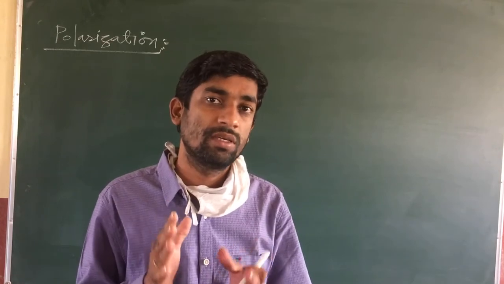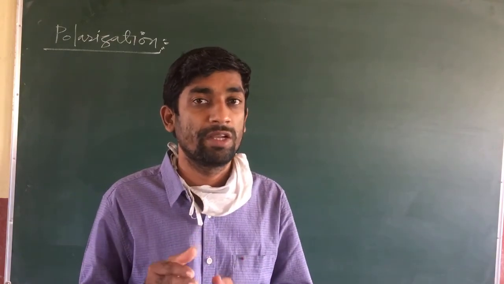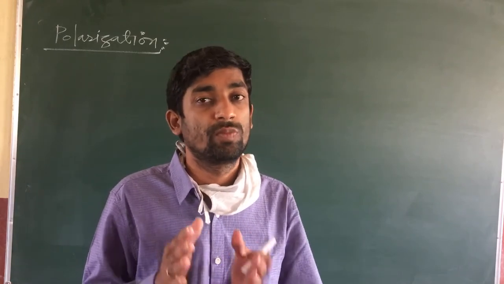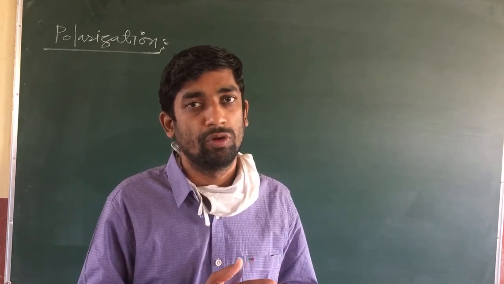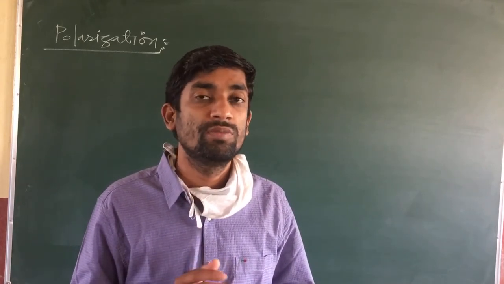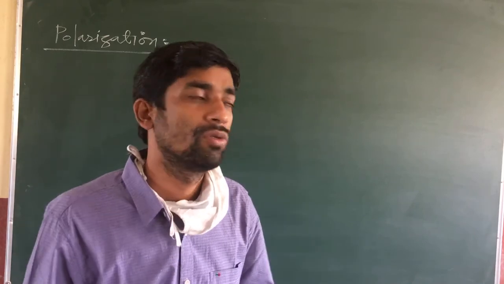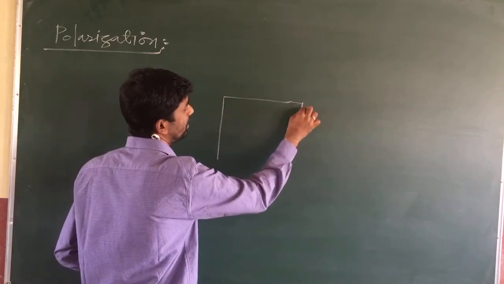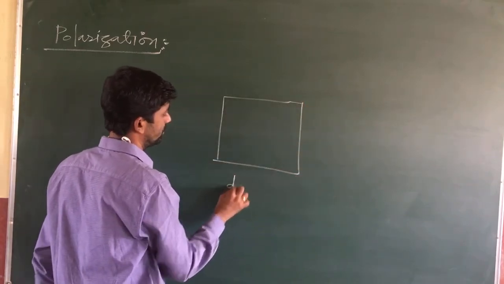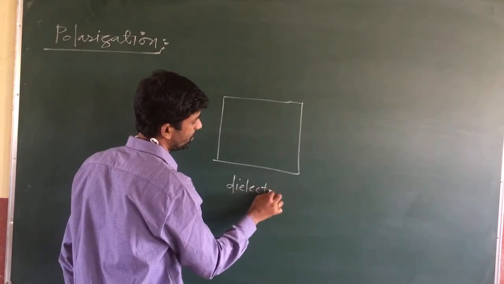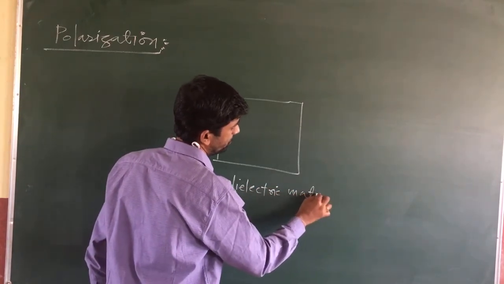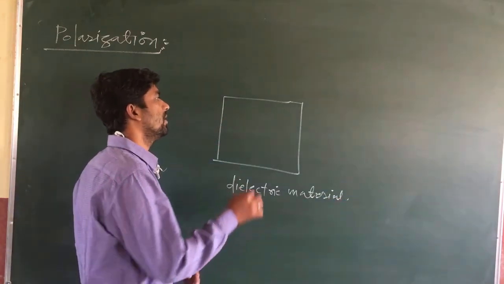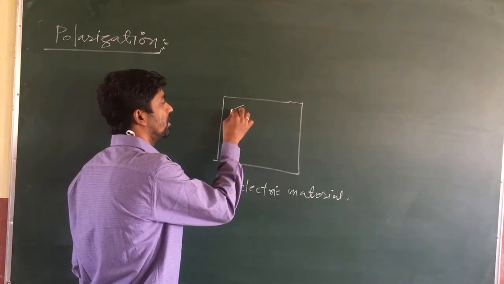And this dielectric material can get polarized also. In that concern we have learned about polar molecules and non-polar molecules. So first of all, what is meant by polarization? What is a dielectric? A dielectric is an insulating material. Suppose this is your dielectric material, and it consists of